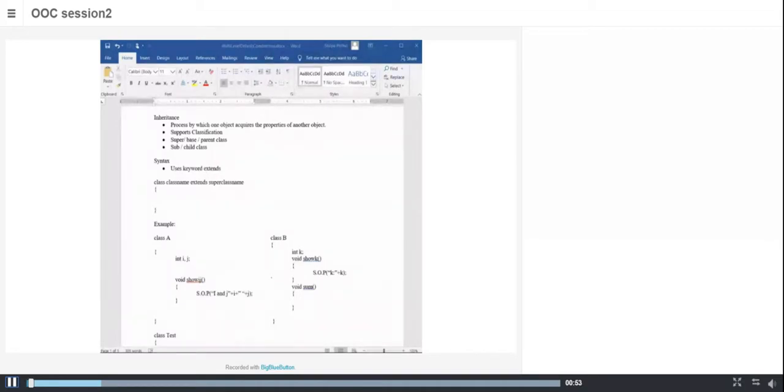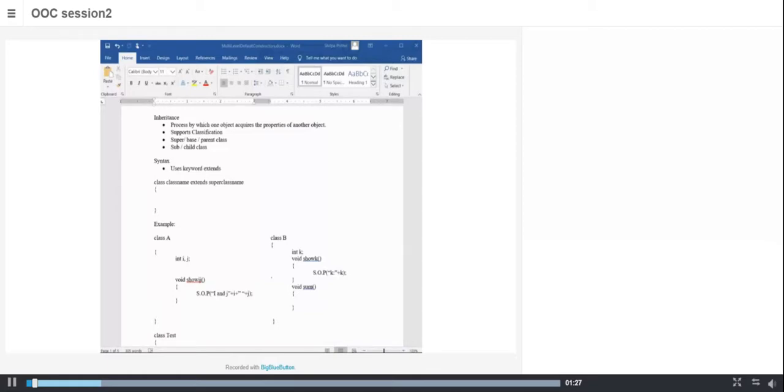Another example may be vehicles, different types of vehicles. Maybe the one which is there in your textbook is vehicles. So vehicles, or transportation as it is, then maybe air, road, and water transport. And within road transport, I can say two-wheeler, four-wheeler, three-wheeler, like that. So wherever there is a classification problem, inheritance can come into the picture.